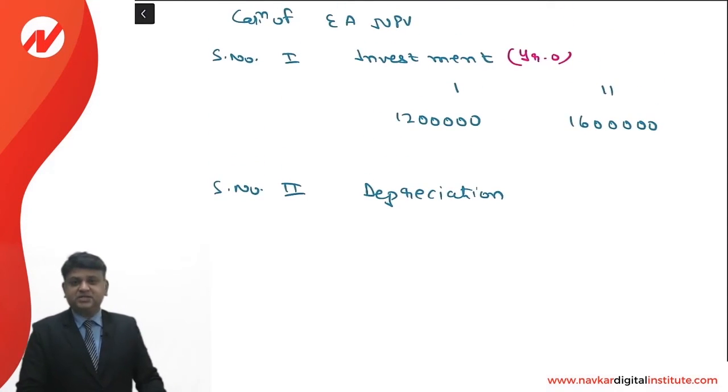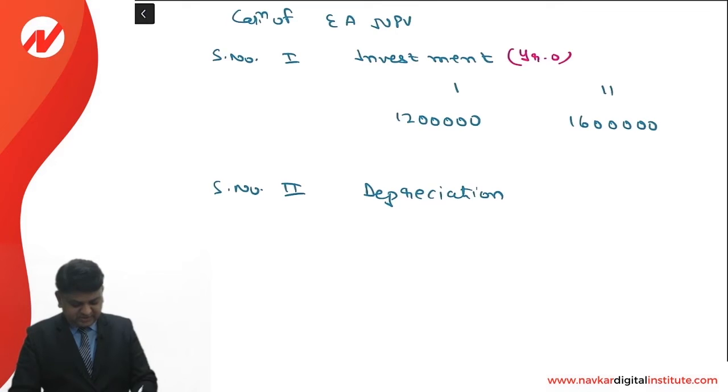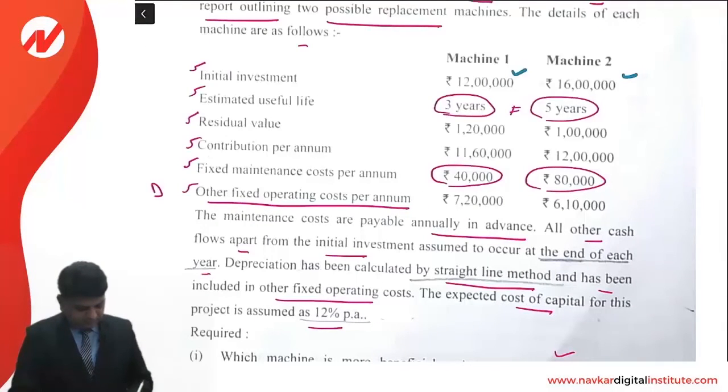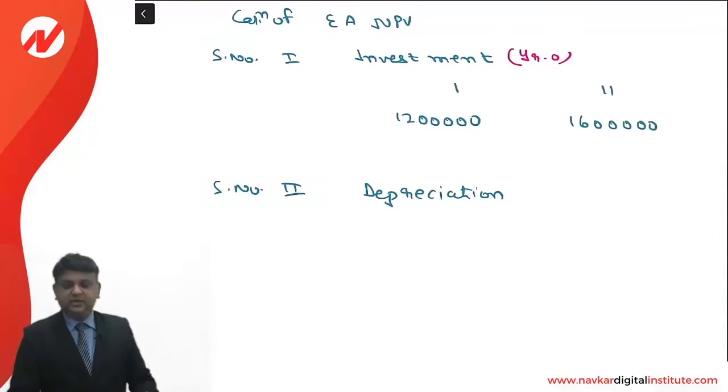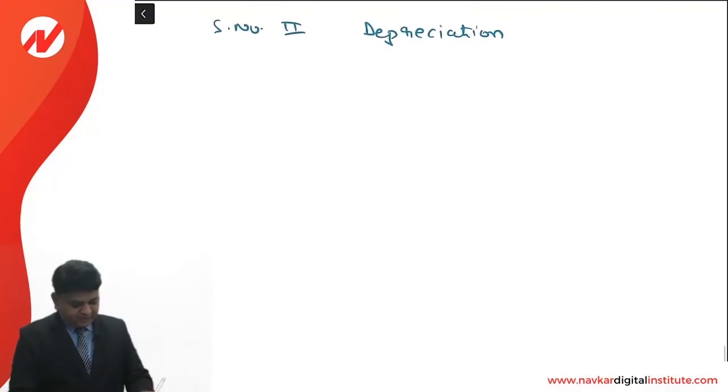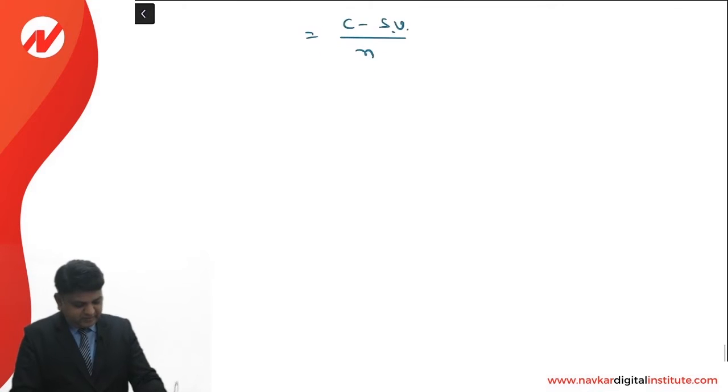As far as the depreciation is concerned, basically it is a non-cash item, so it is required to be calculated only if the tax is required to be considered. Yet over here we are making the calculation of depreciation, even though we have to ignore tax. The reason is that depreciation is included in other expenses. So what amount must have been included to compute the same? We are calculating depreciation. So depreciation will be calculated as cost minus scrap value divided by number of years. That is how it will be calculated for machinery 1 and machinery 2.